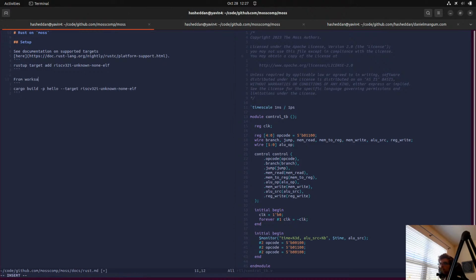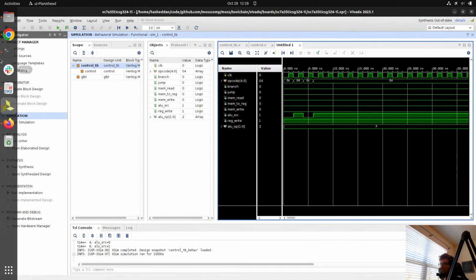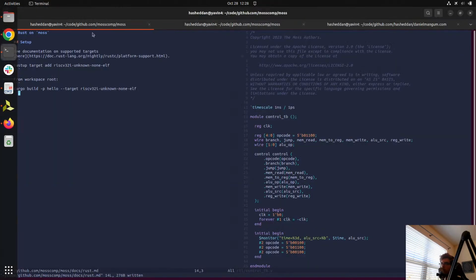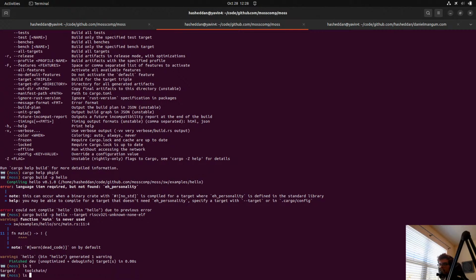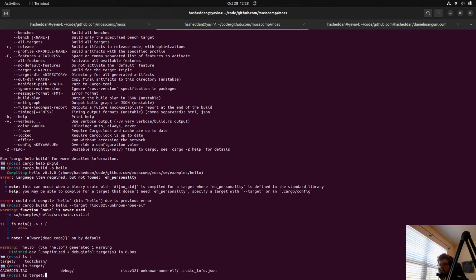From workspace root. Function main is never used. So let's actually look at the, let's target